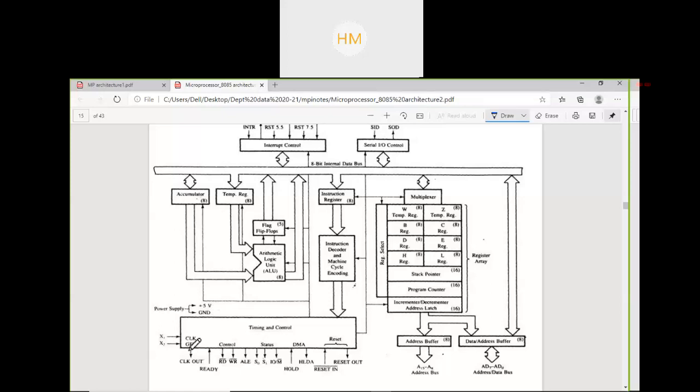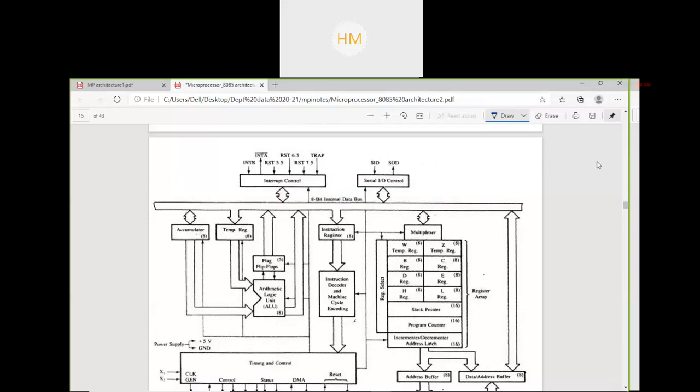Then externally initiated signals. What are externally initiated signals? These are the READY, HOLD and HLDA signals. Then we have reset signals. How many reset signals are there? Reset in and reset out. Clear? Then we will discuss the topmost block, that is interrupt control.